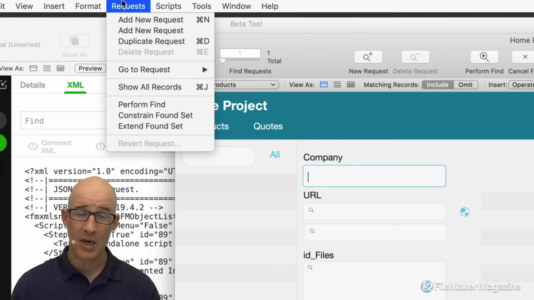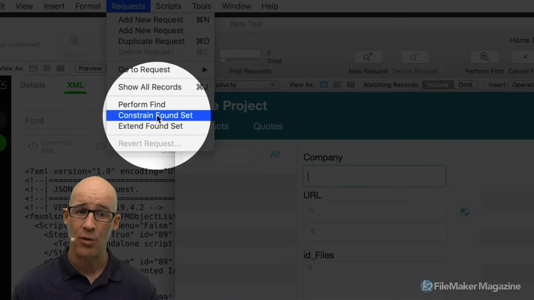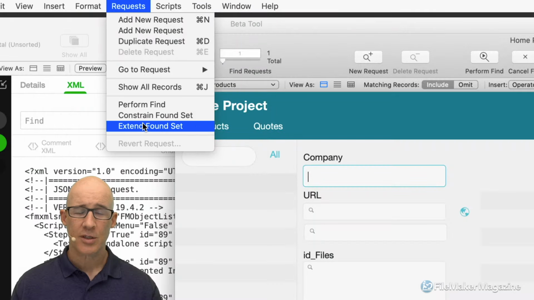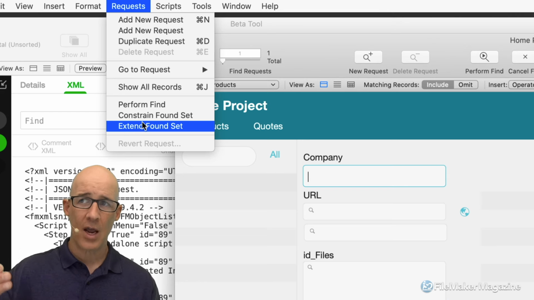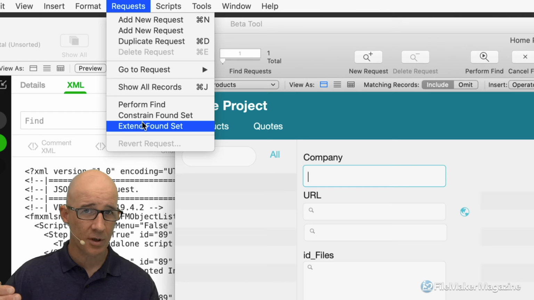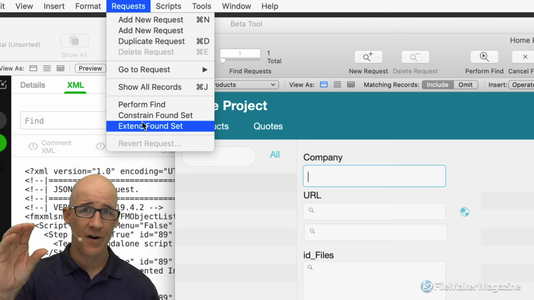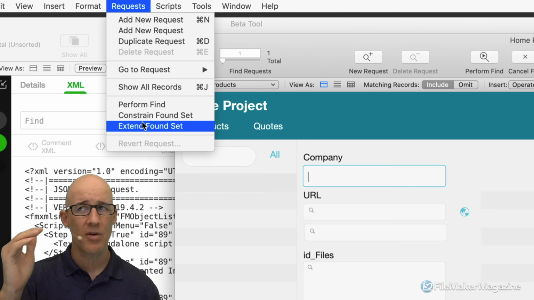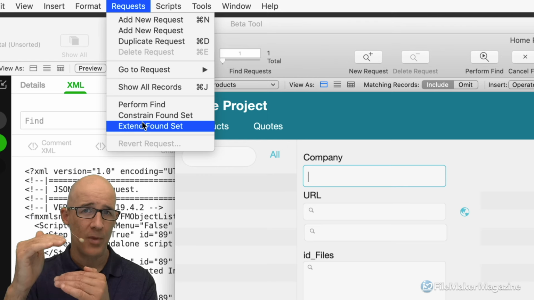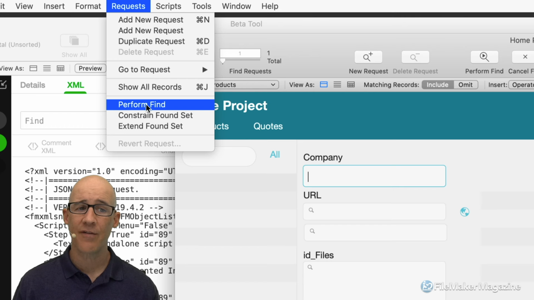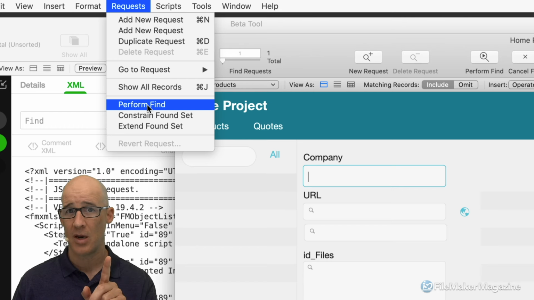Under the requests menu, we are going to see these two options of constrain found set and extend found set. This is a find on top of the results of an existing find. So if you've performed a find and it's giving you some results, but you now want to narrow it down, you are able to go back into find mode, and rather than telling FileMaker to perform the find, you are